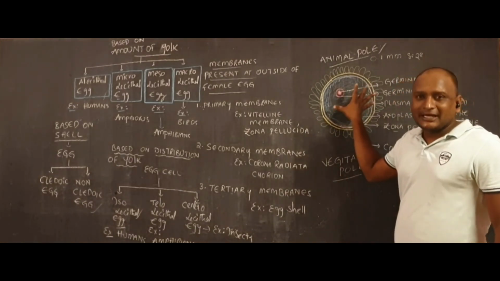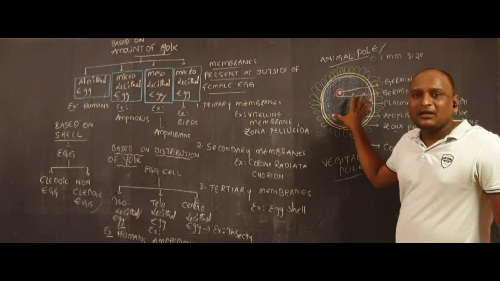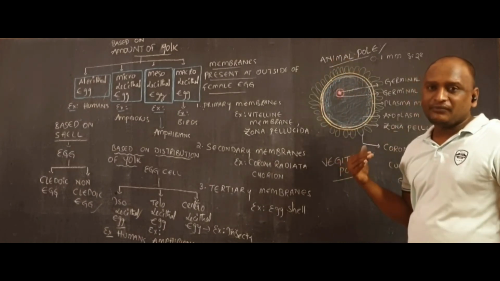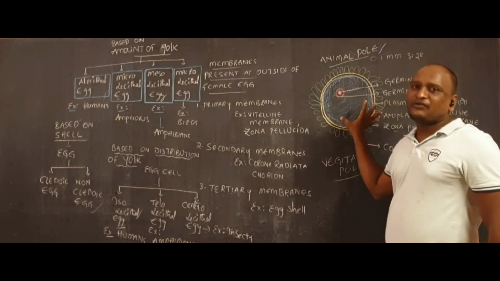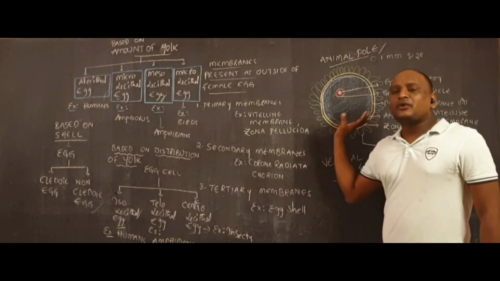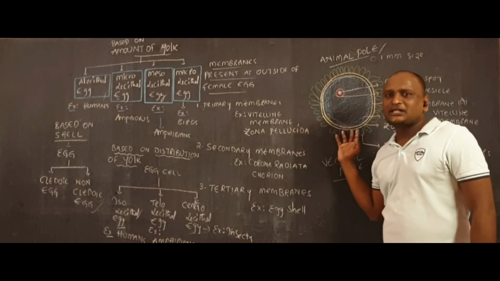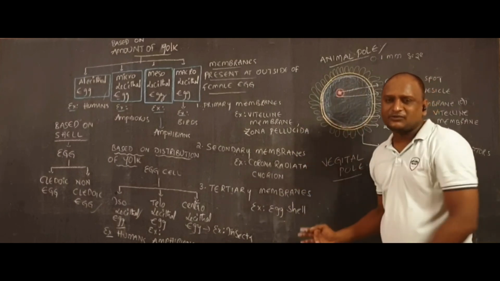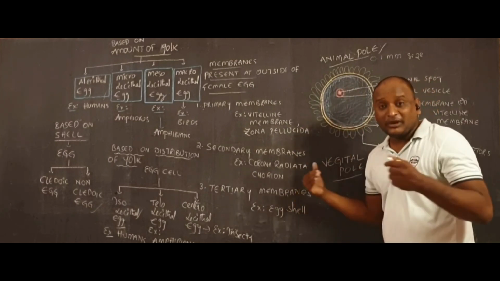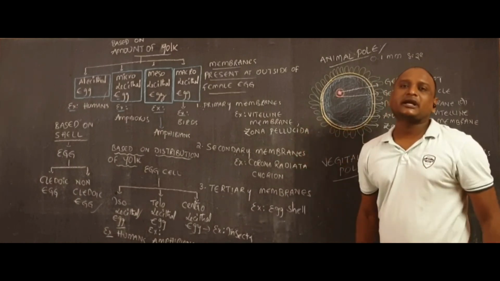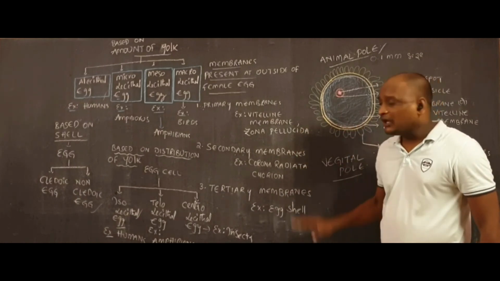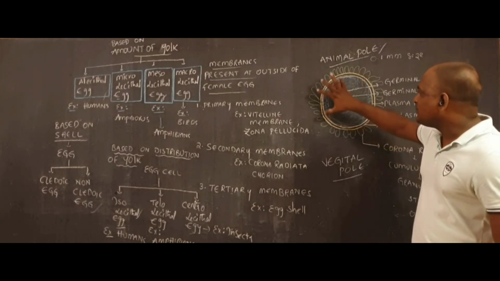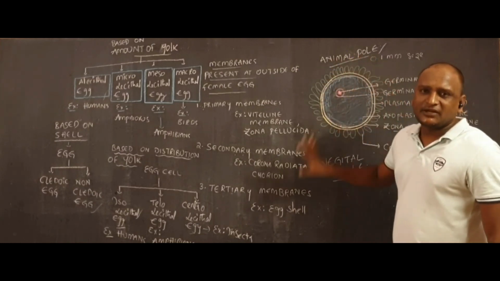This egg cell is actually forming in the Graafian follicle. We already discussed that follicular development. In the Graafian follicle, this type of egg cell is formed. Of course, the completely formed egg cell actually takes place after the copulation. We already discussed in oogenesis that the complete ovum will be formed by making contact with the sperm cell. Okay, when the egg cell is completely formed, it exhibits this kind of shape.